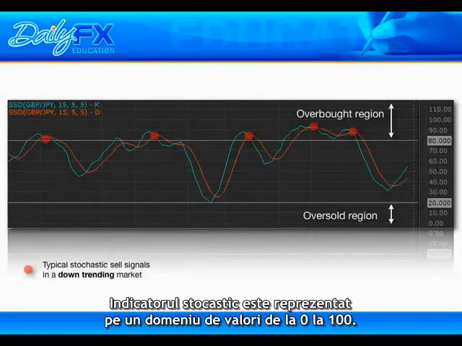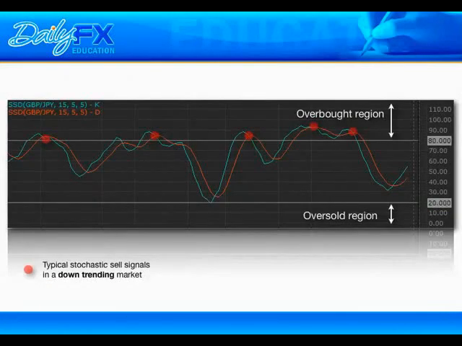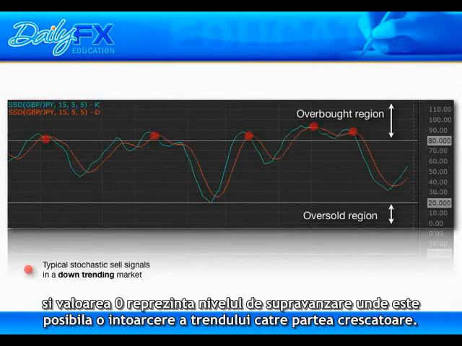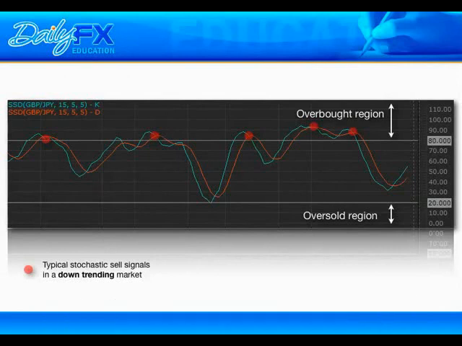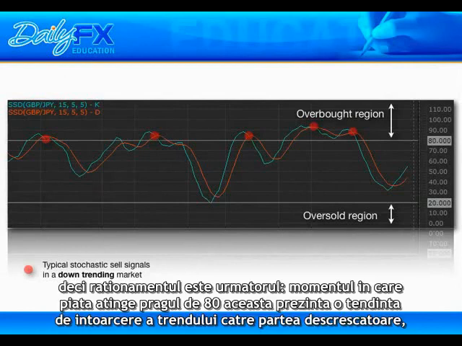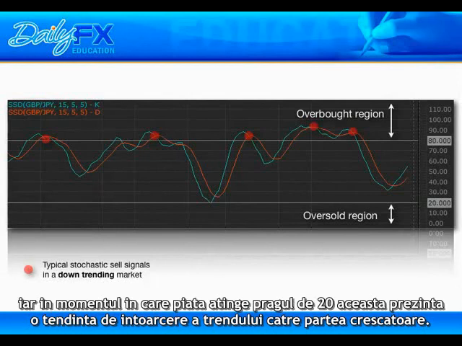The stochastics indicator is plotted with values from 0 to 100. The value of 100 is considered overbought, with the likely chance of a reversal to the downside. The value of 0 is considered oversold, with the likely chance of a reversal to the upside. Traders will further identify any reading of 80 or higher as overbought, and any reading of 20 or below as oversold. So the thought process is that when the market moves to 80 or above, the market is likely to reverse to the downside. And when the market moves down to 20 or below, the market is likely to reverse